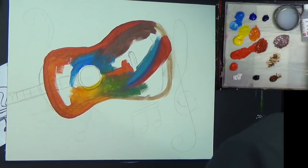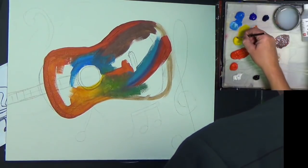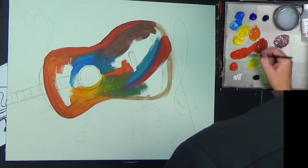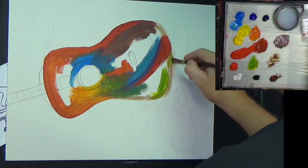Looking at that, it's looking pretty nice. I like it. I like it. Let's get some more green. I think let's get some yellow. Put some yellow there. Let's just get a little bit of cerulean blue, because I quite like the cerulean blue and yellow mix. This gives me a quite nice vibrant type of